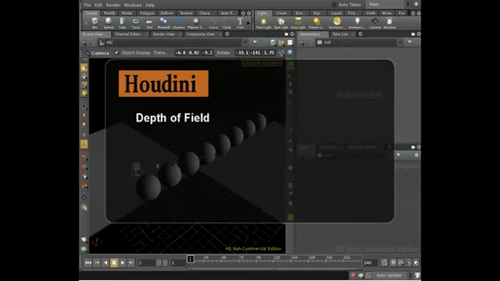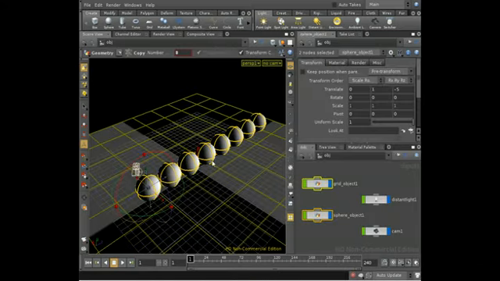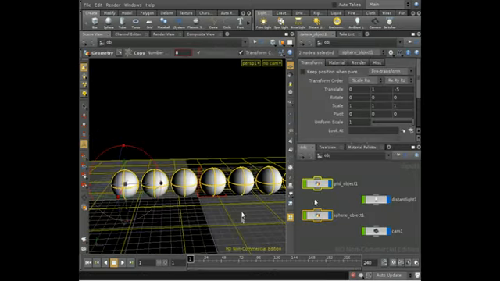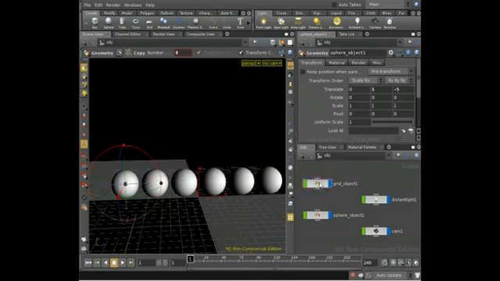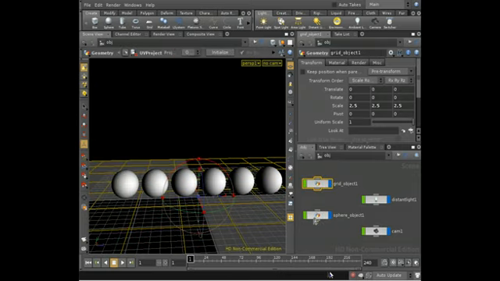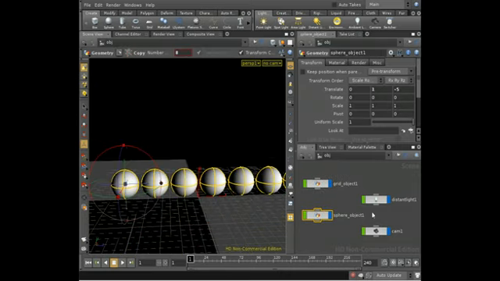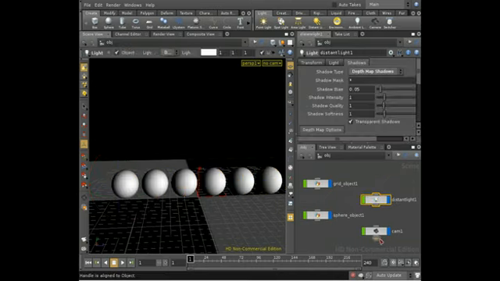Welcome to this short tutorial on depth of field effects in Houdini. I've got a simple scene here which I've set up already. There's a grid, there's our floor plane, we've got a row of spheres, I've got a distant light to illuminate